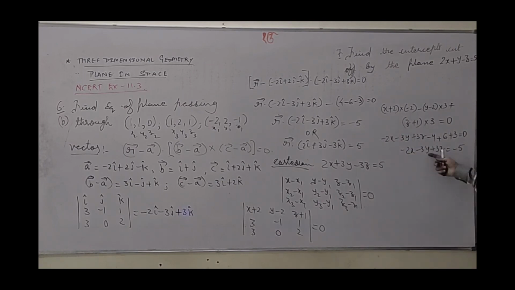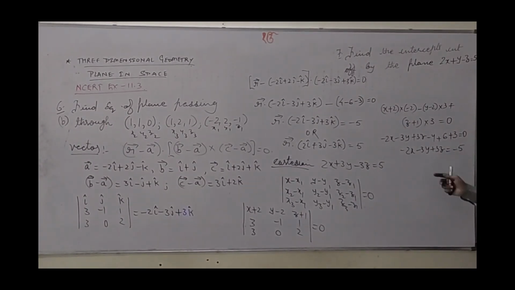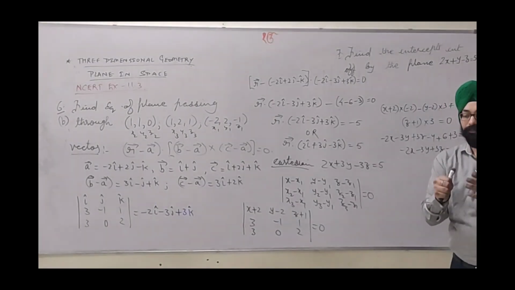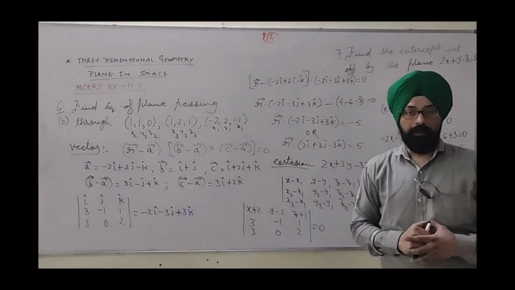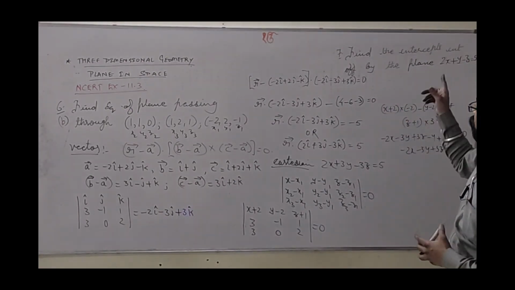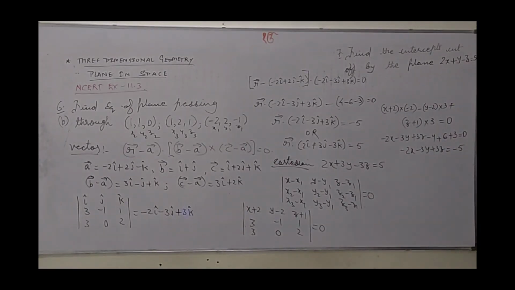So from this we can make the vector form also. These direction ratios can be separated with i, j, k. The vector r dot (x, y, z) will be equal to minus 5. So I hope this is very much clear to you. This was one example of 3-point space. Now one question I wrote here, no spaces left, no problem. Very simple question it is.